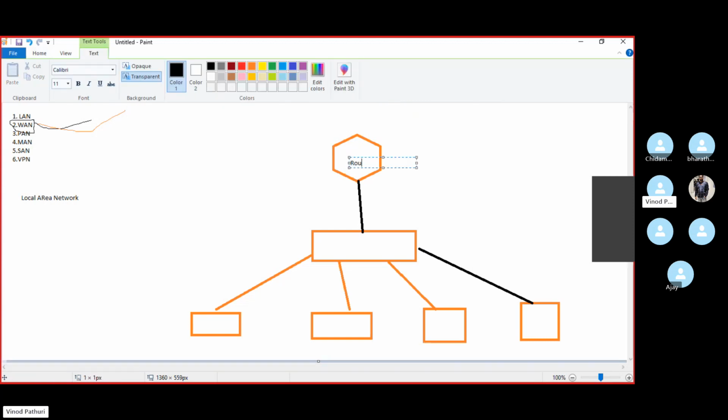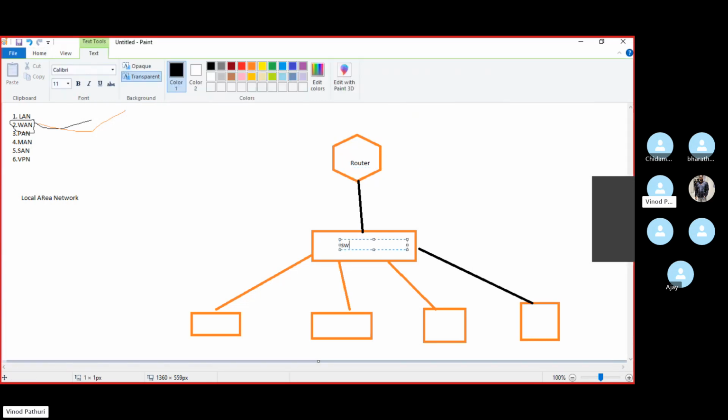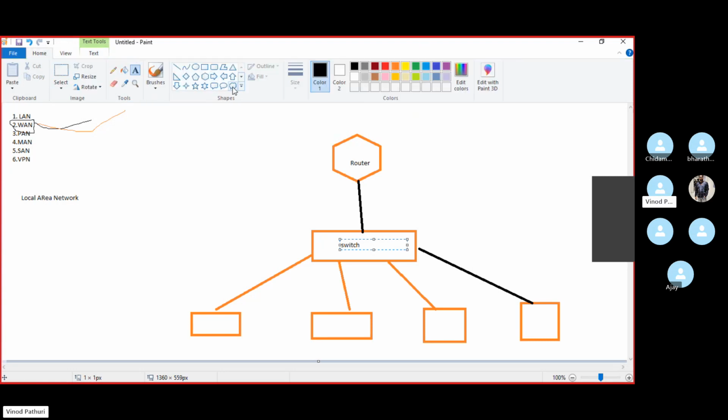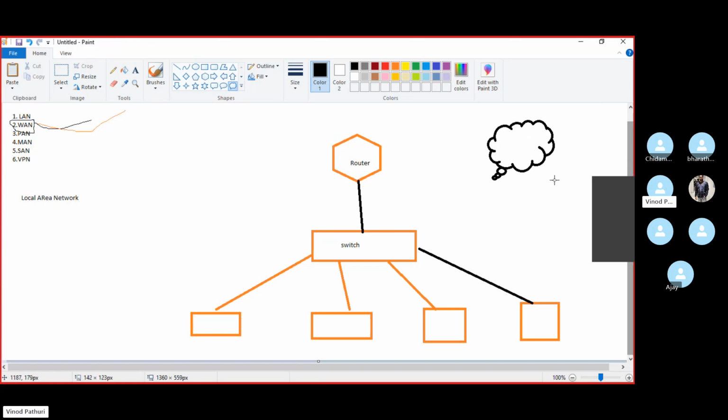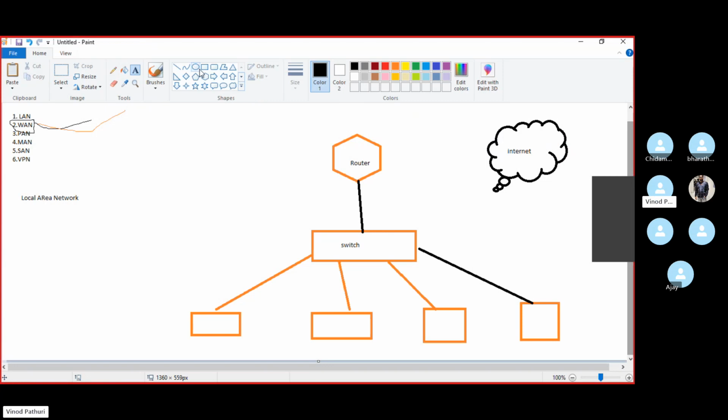This is the router, this is the switch. And you want to access the internet, which is here.